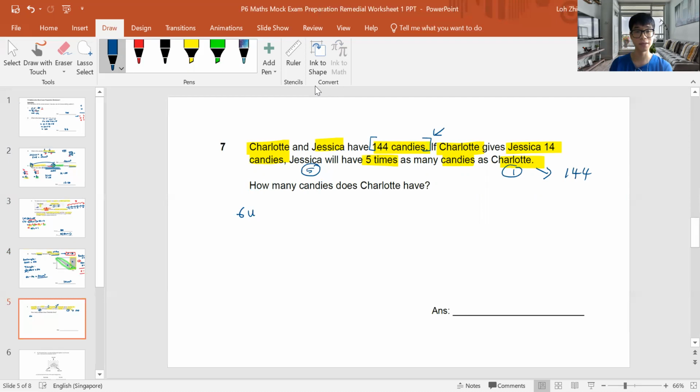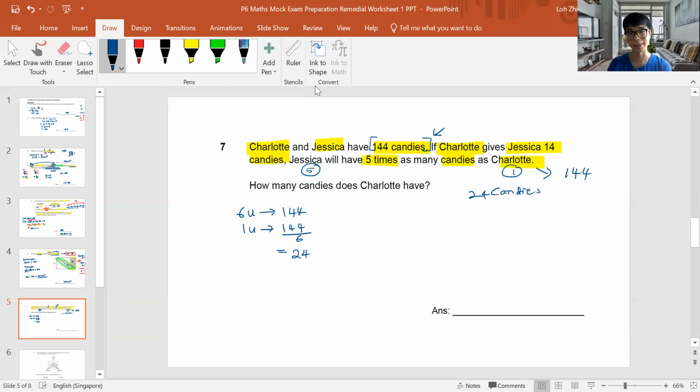Which means these 6 units equal 144. 1 unit is 144 divided by 6, which is 24 candies. Which means Charlotte actually has